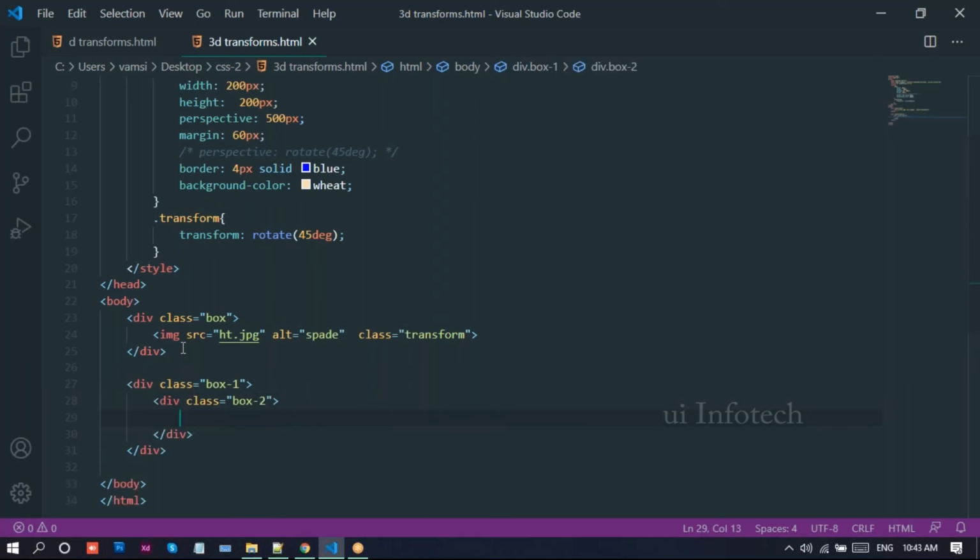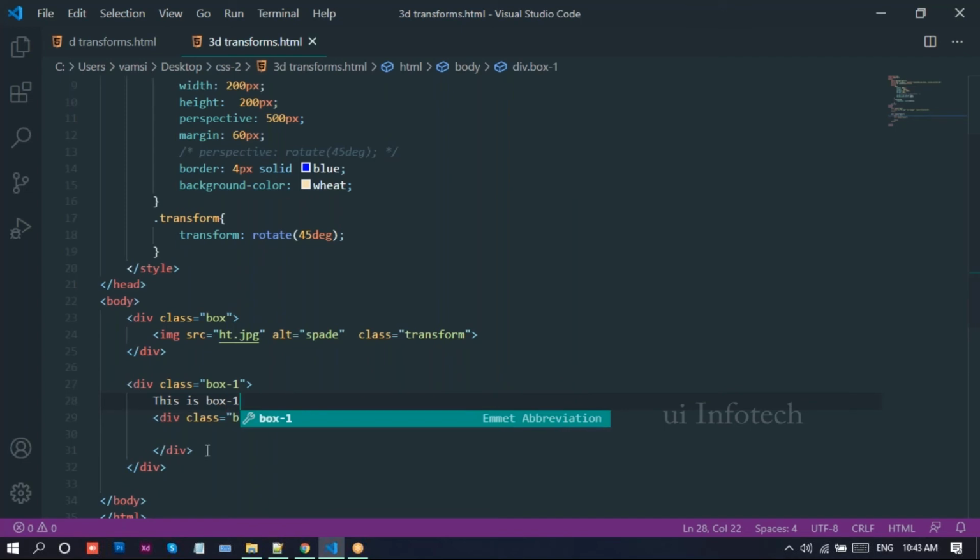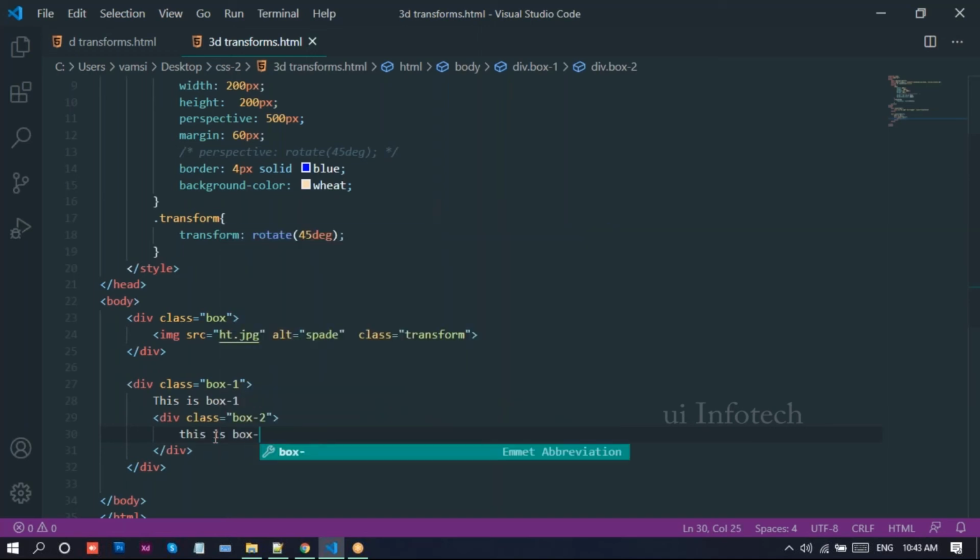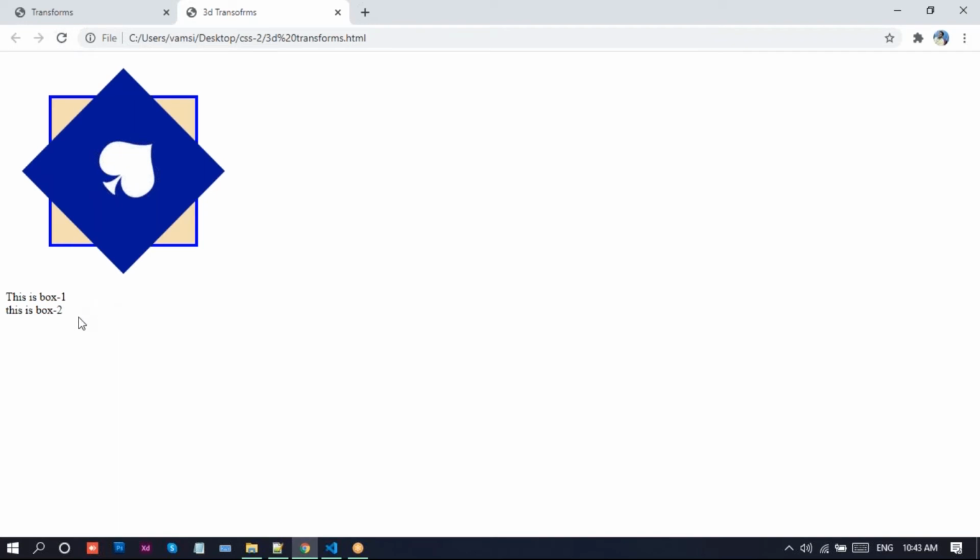This is box one, and this one is box two. Now let me run this one on the browser. Just reload this page. We have created this box one and box two. We need to apply some CSS for this one.